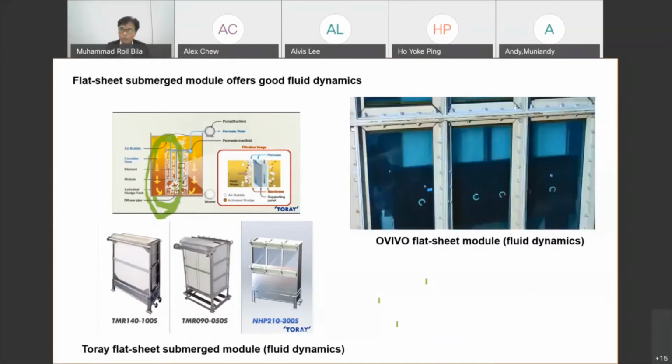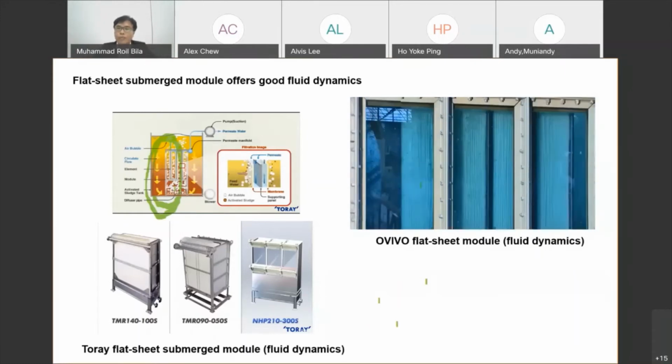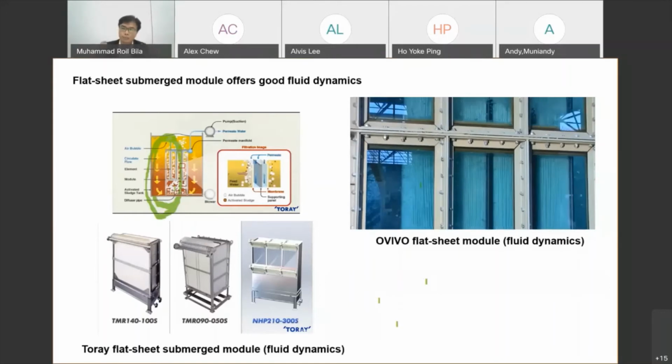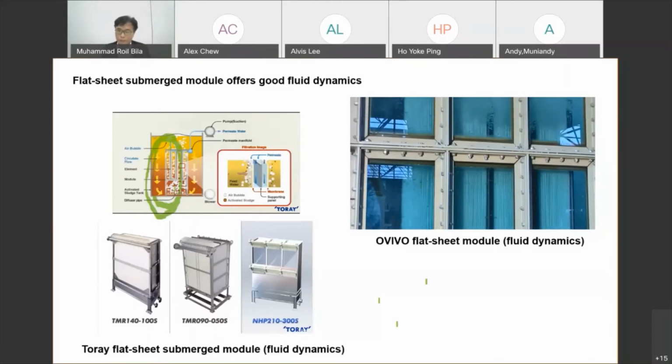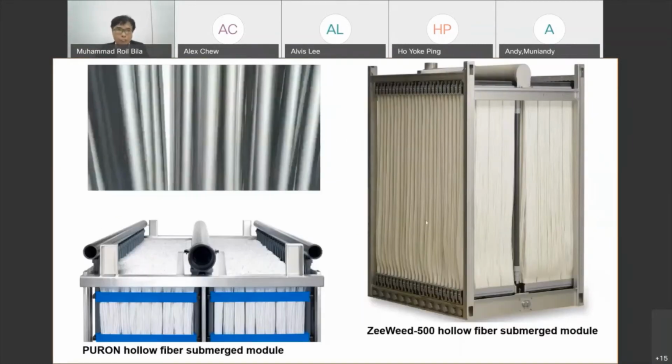This is only possible for the flat sheet membrane, which makes the flat sheet membrane operate with less fouling, okay, less fouling in long-term operation. Also, we have here the Zeevee hollow fiber. This is now produced by Suez, I guess, the name of the company. But I think the technology has been there with Zenon first, then bought by GE Water, then now bought by Suez. This is probably one of the most popular